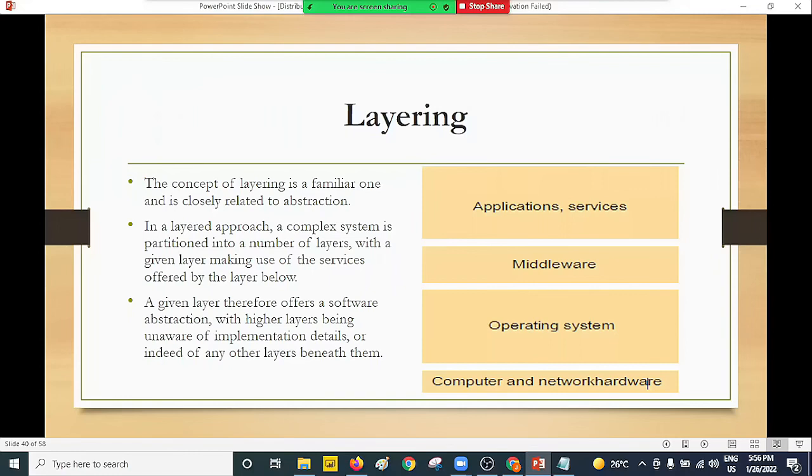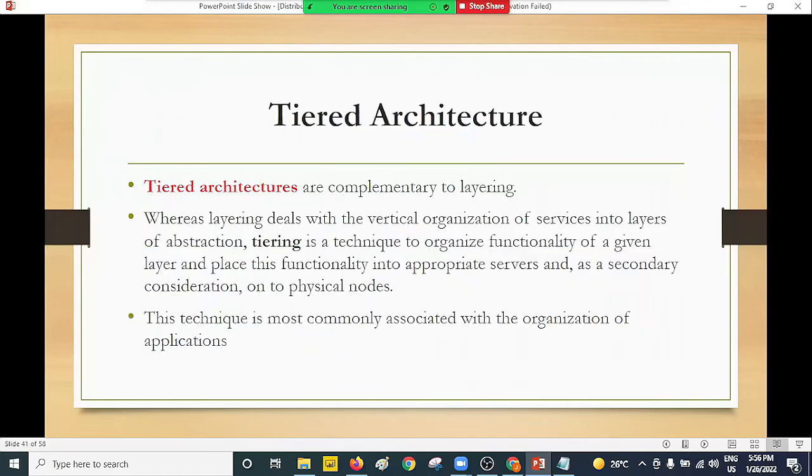Why do we need layers? To facilitate transparent communication and to create some kind of fault tolerance, so that you can isolate the layers that are not operating. Now, to further understand this layering, we can categorize the various layers into what we commonly refer to as tiers, or the tiered architecture. We understand the concept of 1 tier, 2 tier, 3 tier architecture in the networking field, where